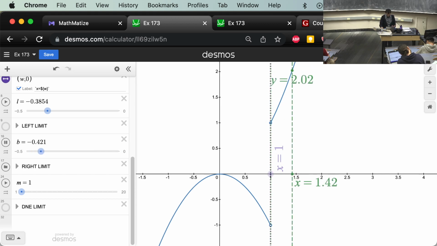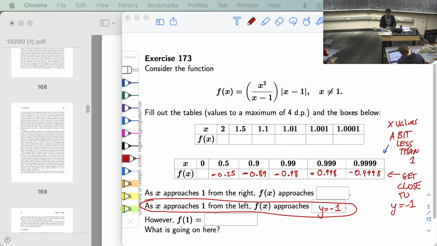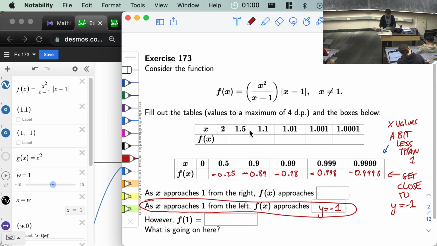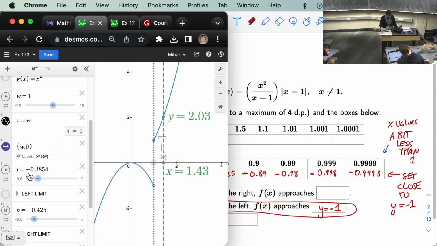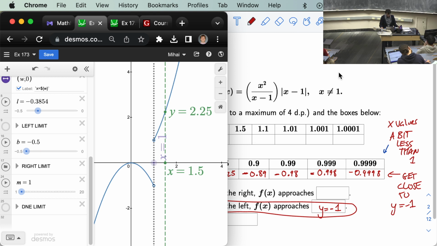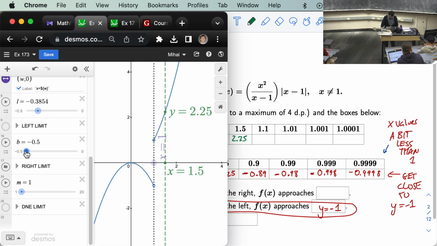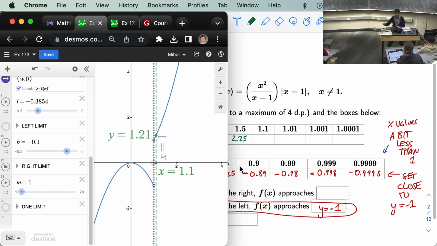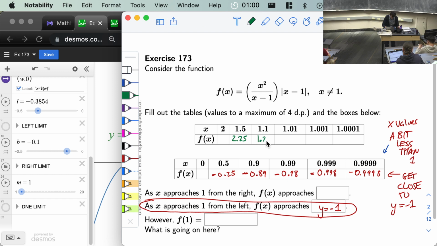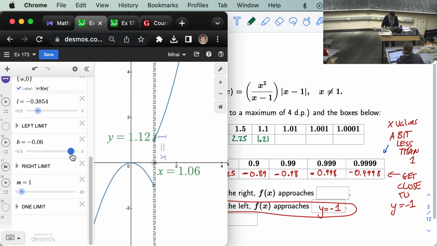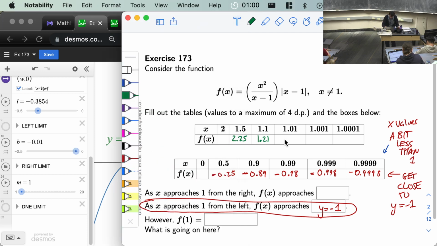And we can fill in this table of values just like we did before. Here we go. When we are at x equals 1.5, y is 2.25. And when we go down to 1.1, then y is 1.21. And when you get down to 1.01, then y is 1.02. And if you continue this pattern, 1.002,